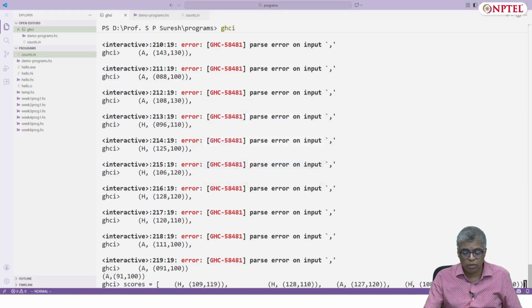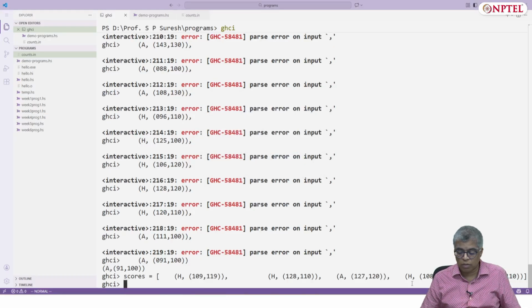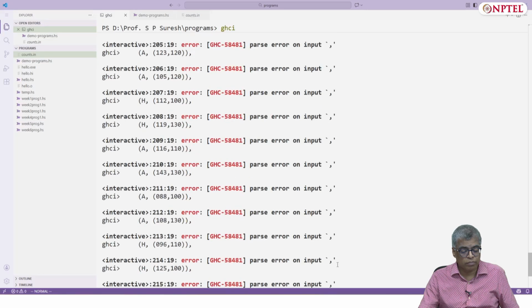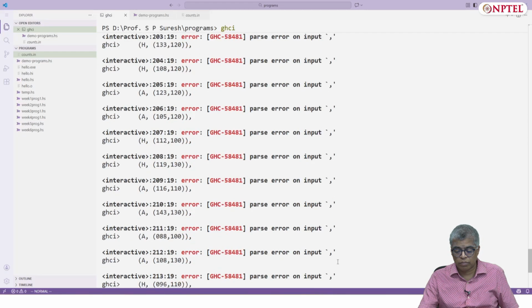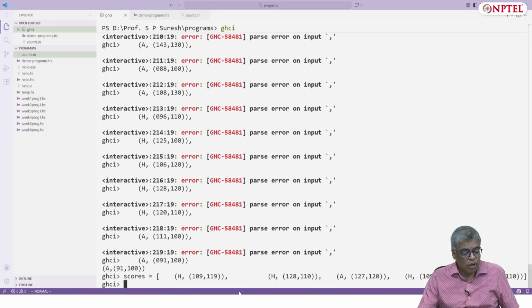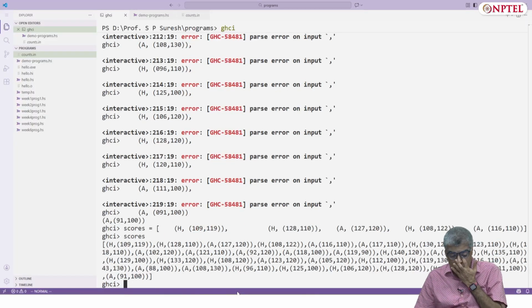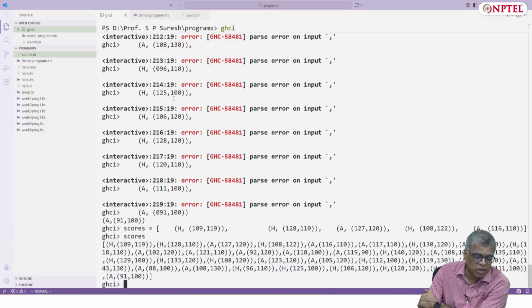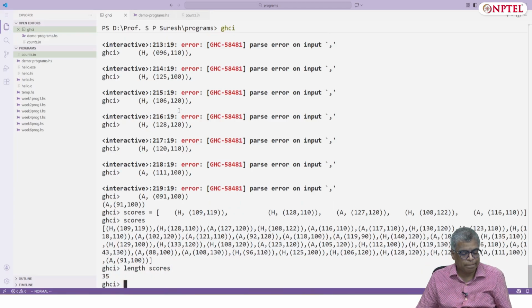Okay, so there are lots of things that have been pasted. There are 37 lines, I think 35. So look at length of scores. Yeah, there are 35 scores, and we can actually check compile stats.